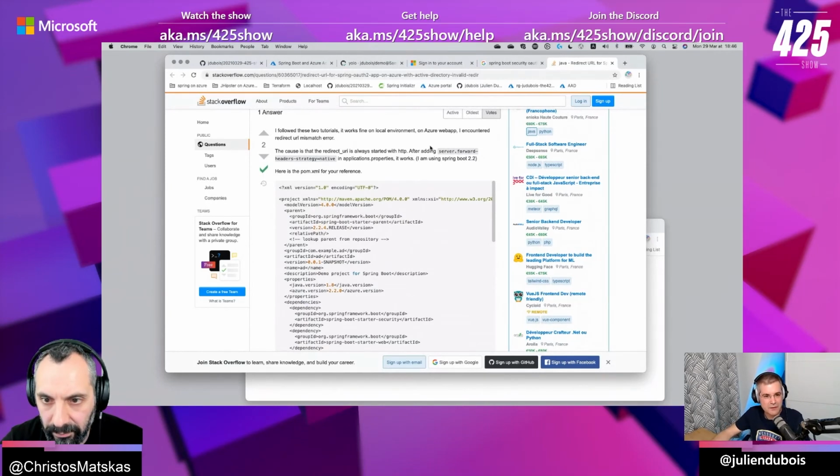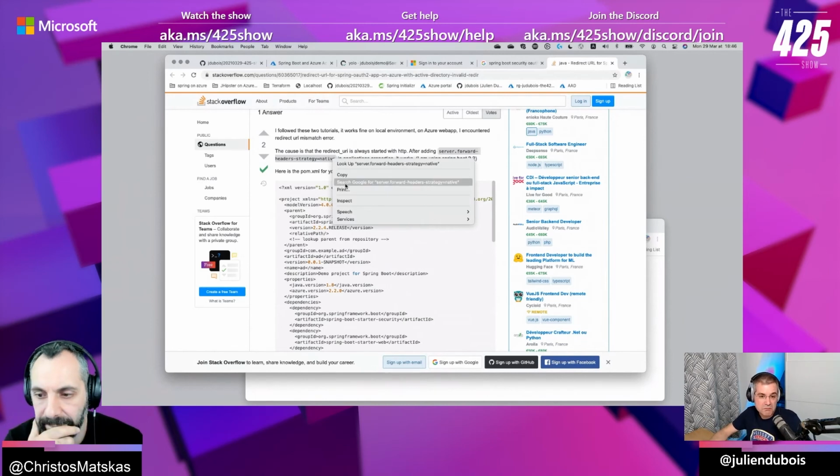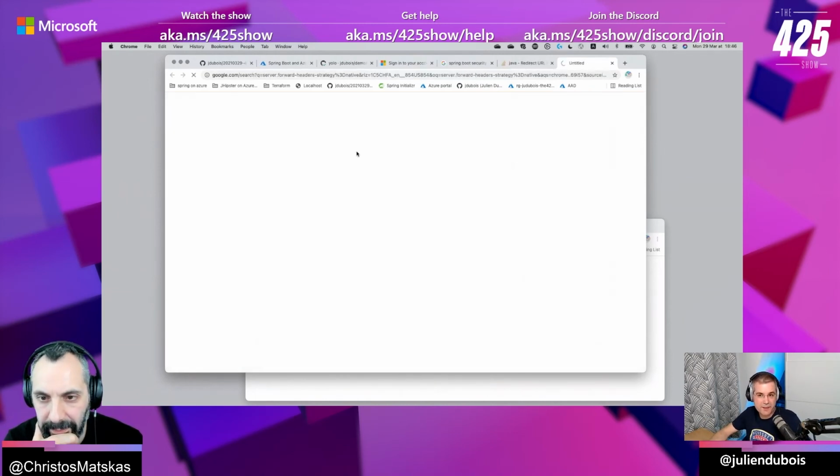I don't know. So it works. They're using Spring Boot 2.2, which I don't know how far out. It's pretty old. The latest version is 2.4, and we're using 2.3. Okay. It's more than 1 year old. Yeah. So it's extremely weird.